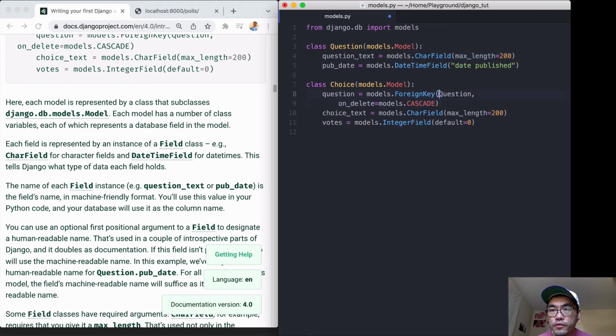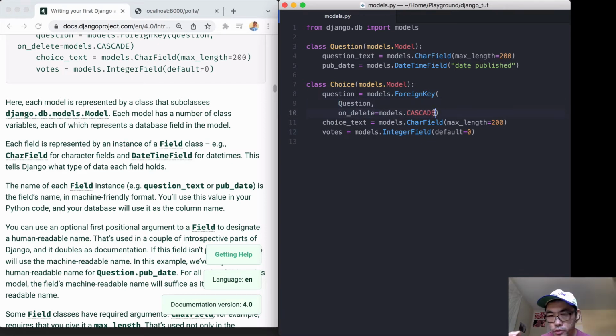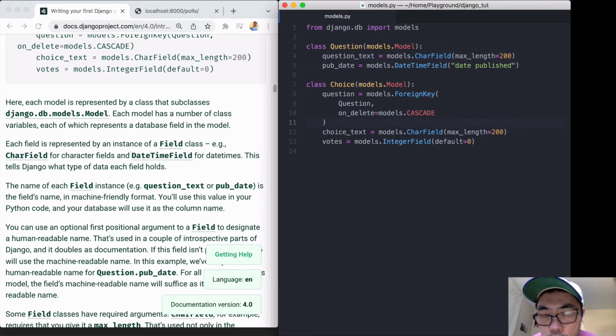And you can further configure it like this, on delete cascade. It ends up getting translated to a database constraint that says when you delete a choice object, you should also delete the question, maybe, or is it the other way around? I think it might be the other way around, where if the